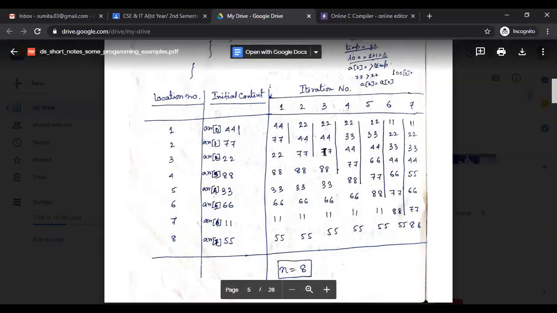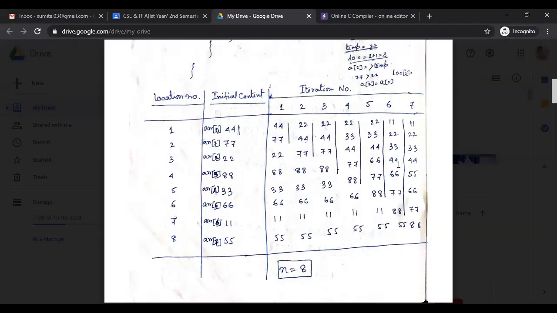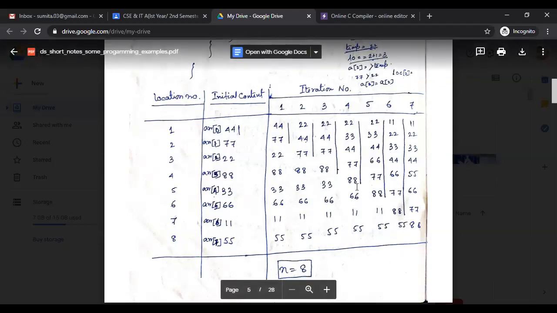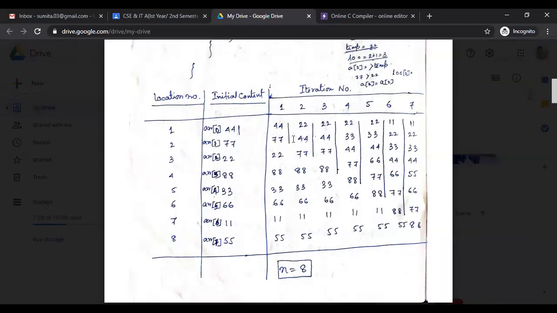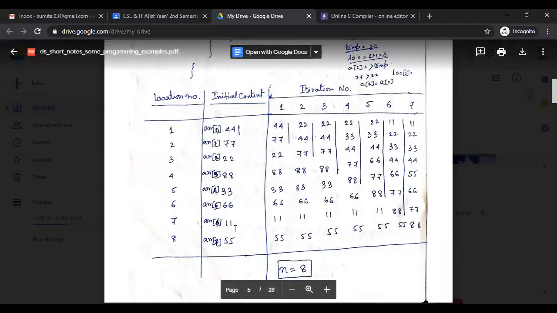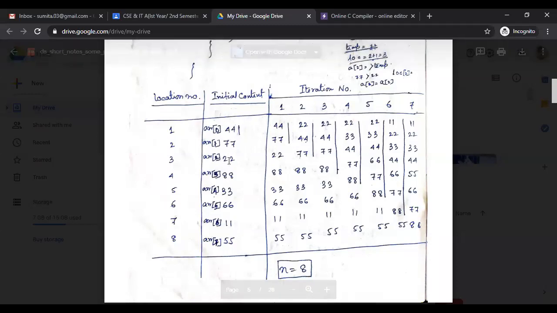So this is the procedure for doing the insertion sort. So why is it called insertion sort? Because after inserting a new element, you are actually doing the comparison. In the case of only one element, which is 44, no comparison is done. I'm not doing any comparison in that part, but I'm doing comparison for all the other elements. That's why.